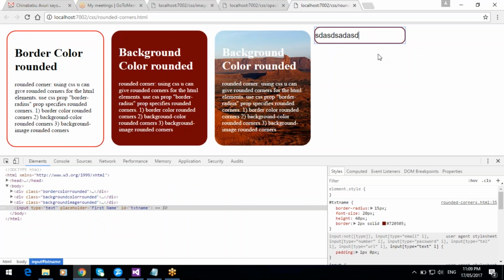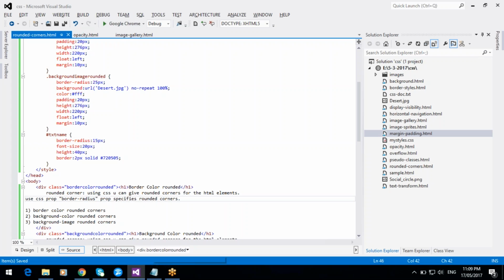Okay, now you can type here, that font size is changed, and text box height changed, and applied rounded corners for the text box. Okay, and the border you can increase or decrease. Okay, so rounded corners. So this is the rounded corners property,